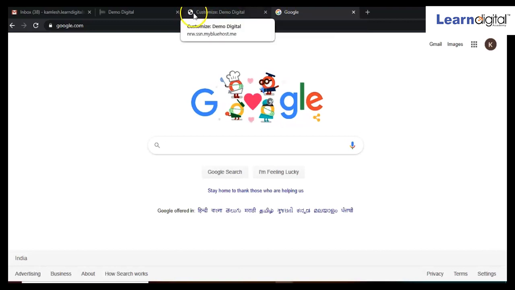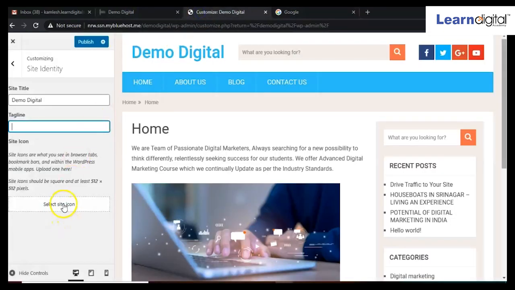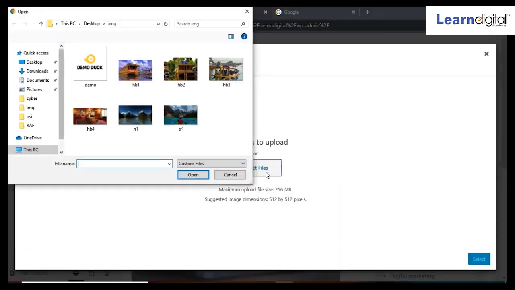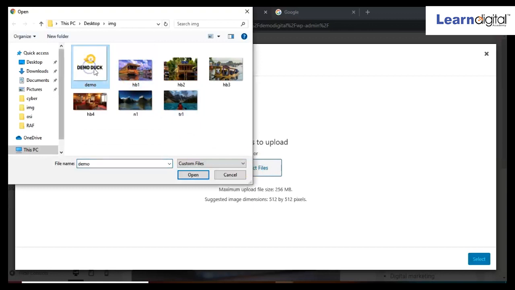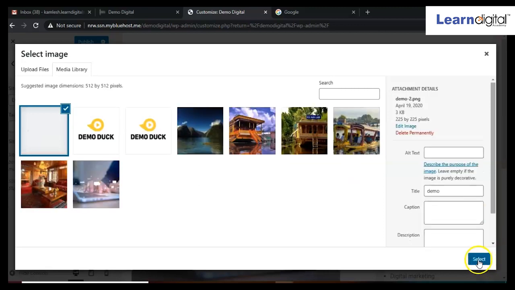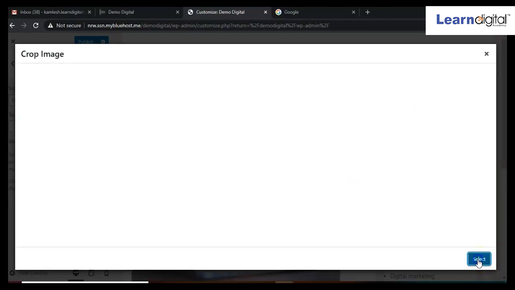For our website right now, no image is there. So for setting that image, we need to select this icon. Simply click on this and select the image we want to show. We'll take this logo image, open, and select.